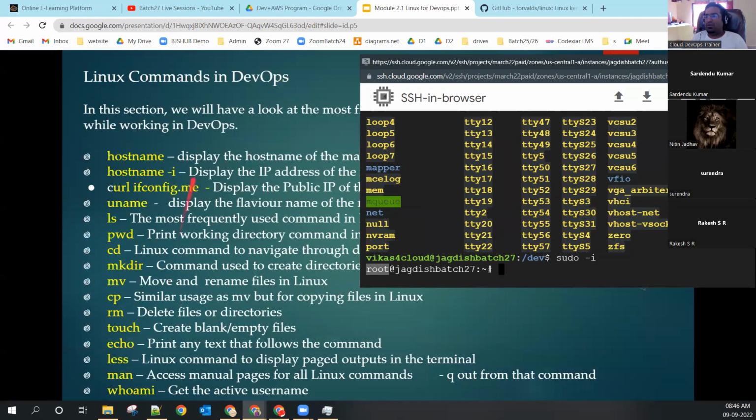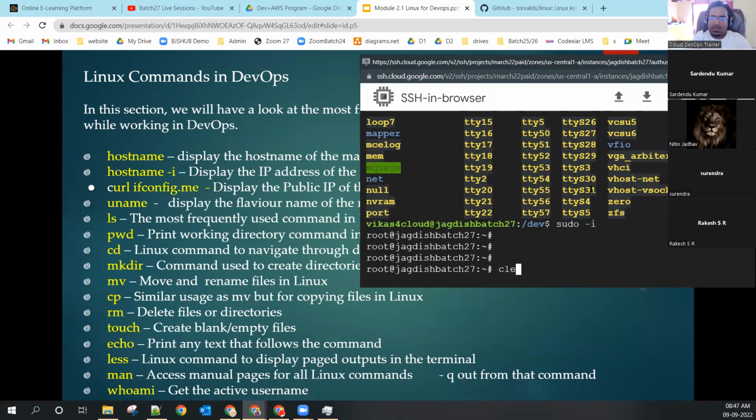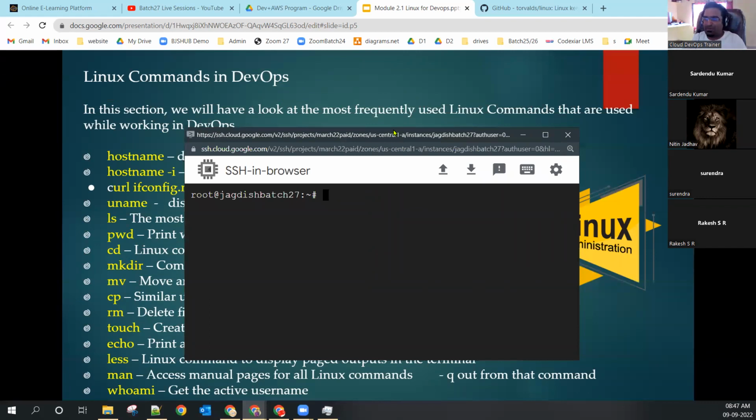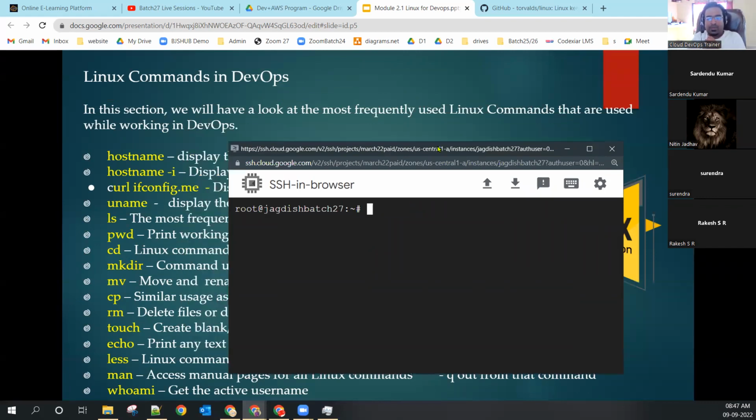Now some more Linux commands are coming. I'm clearing the screen. clear is a command. With the help of clear, it will clean up everything, which means my tab, my terminal, will be clean. What is the name of this thing? This is a browser part, but in Linux we call it a terminal. Keep it in mind: if I'm talking about the terminal, I'm talking about this tab. Yes or no?